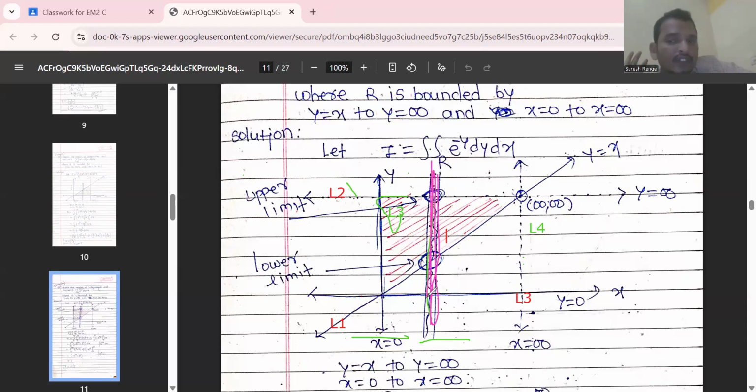बट हमने वो स्ट्रिप डाल दी, एक्स एक्सिस को पैरेलल है, वाई एक्सिस को पैरेलल, स्ट्रिप ड्रॉ कर दी, बट आई एम अनेबल टू फाइंड द लिमिट। ये जो फर्स्ट टाइम जिधर टच होता है वो लोअर लिमिट होता है, ऊपर जिधर टच होता है दैट इज अपर लिमिट होता है। इधर लेफ्ट हैंड साइड में जब टच करेंगे दिस इज लोअर लिमिट, राइट हैंड साइड में टच करेंगे दिस इज अपर